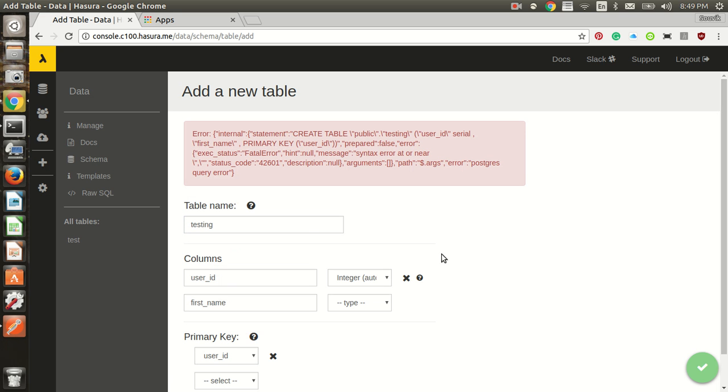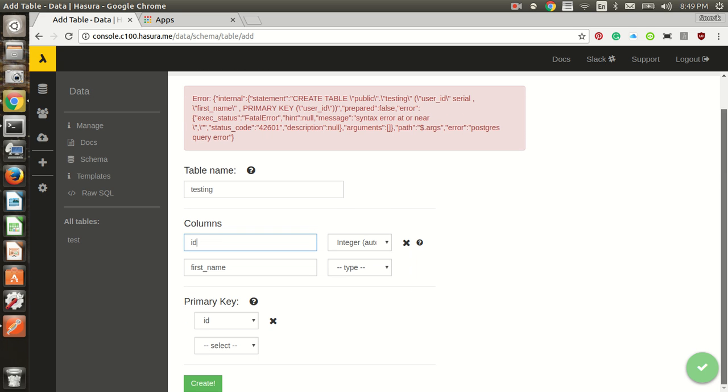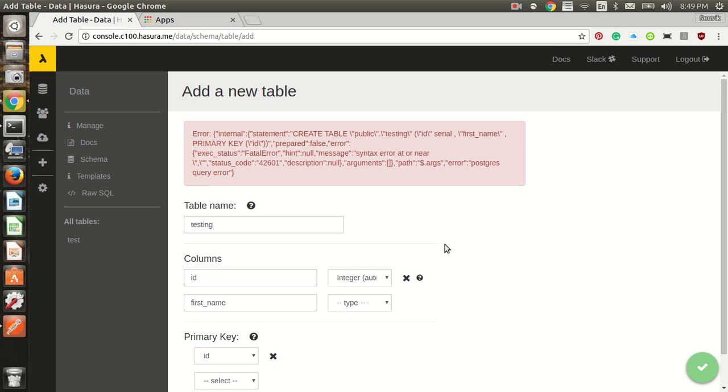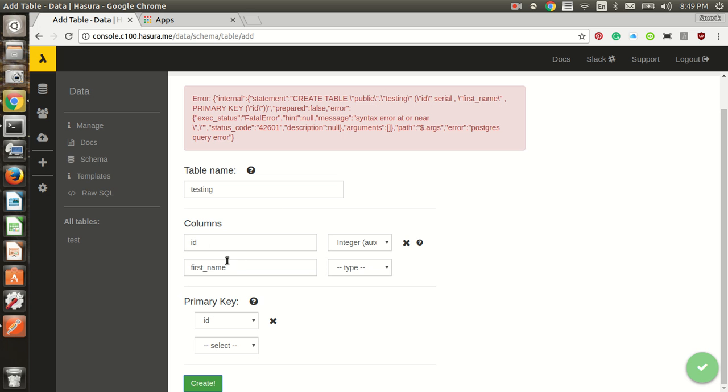Create. I guess user id cannot be created as this one. Let me put it as maybe id just. Let me make first name as the